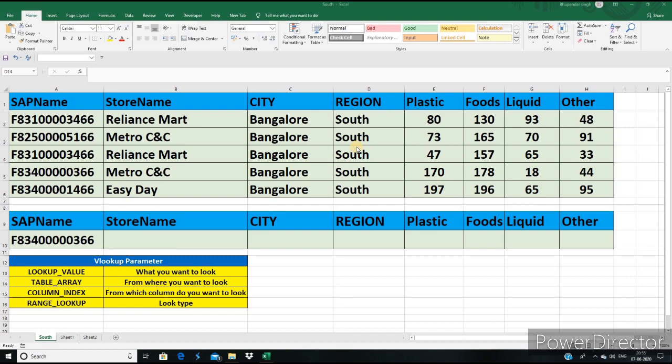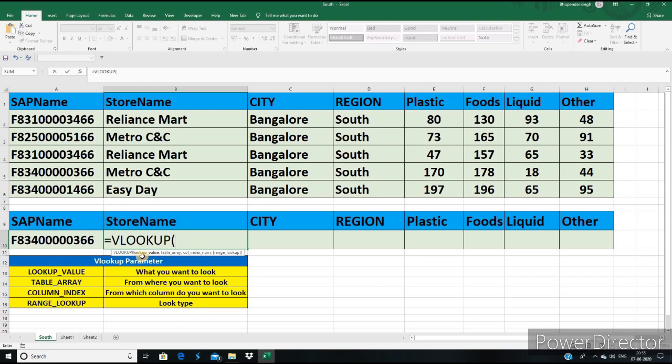So let's jump to our Excel sheet. Guys, here we have a very small example so that you can understand easily. Let's start. Type VLOOKUP. Here we have the parameters for VLOOKUP. The first parameter is lookup value. If you want to learn more about the parameters, you can see below the data we have explained the VLOOKUP parameters, so please follow.